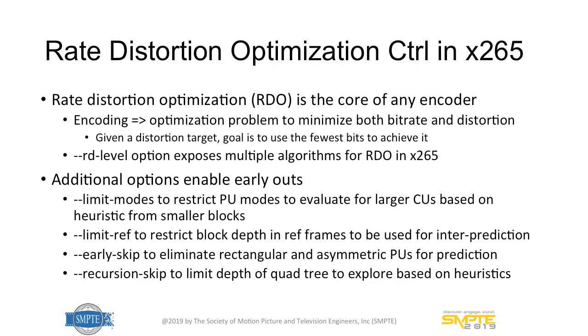Right? So RDO, as it is touted, is basically trying to figure out how you make sure that for a given distortion, you use minimum bits. Or put the other way, for a given bit rate, let's say you want to get 10 megabits per second of UltraHD, how do I get maximum quality? So the trade-off between distortion and rate is the fundamental of any encoder.